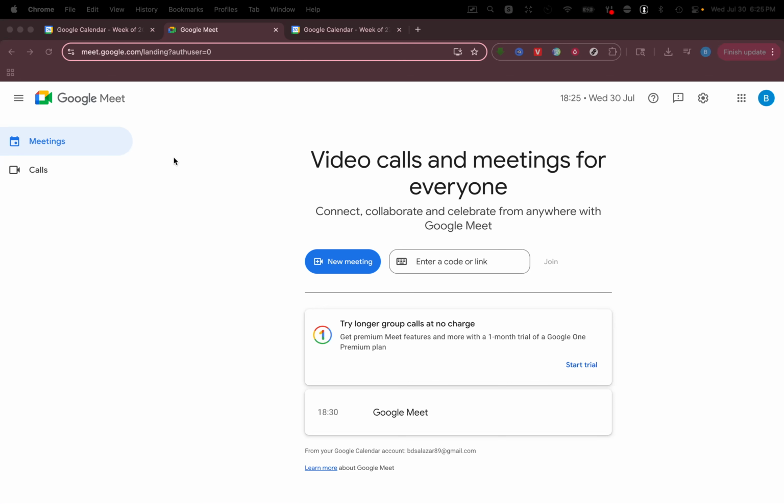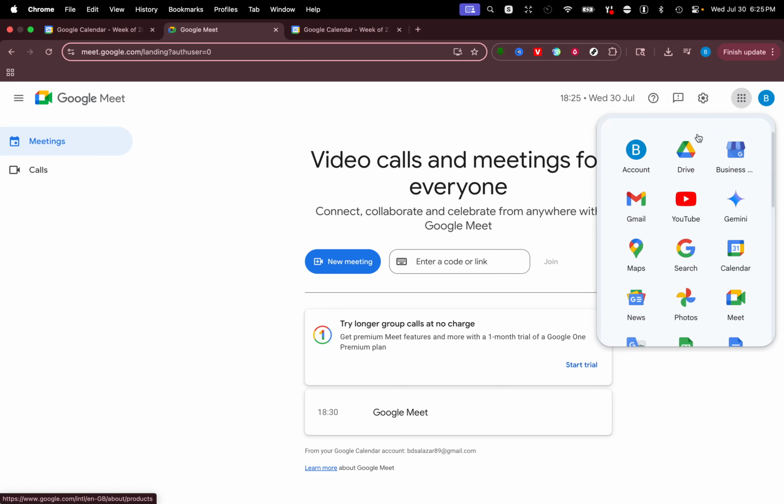To get started, open your web browser and navigate to meet.google.com. This is the landing page for Google Meet, where you can join or start any video conferencing calls. Next, you'll want to click on the small grid icon, often called the waffle icon, located in the top right corner of the page. This icon is your gateway to accessing various Google apps, and in this case, we need